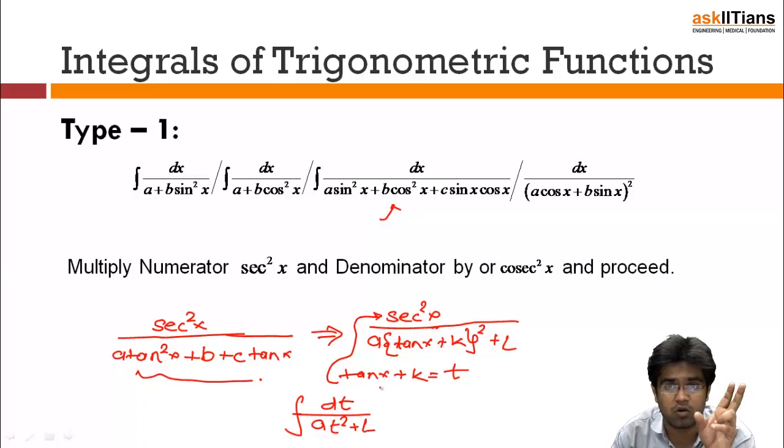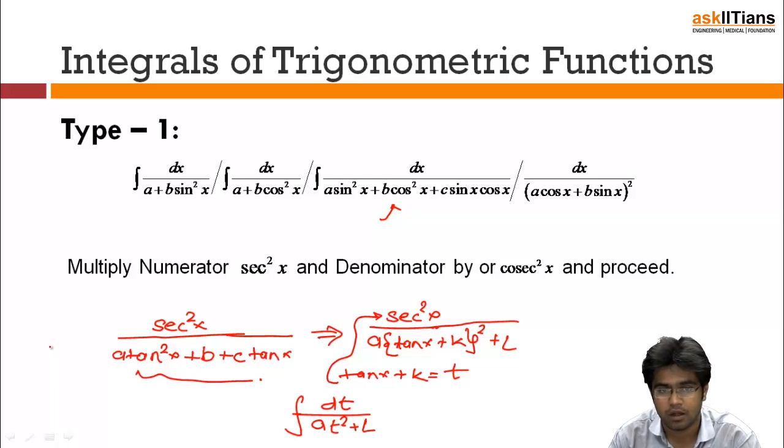So sec square will be there already because we have multiplied, and the one which you multiply in the denominator will make all the terms tan. If there is a sec square forming, then write it as 1 plus tan square. For example, if there would have been a 1 in the denominator, then write it as 1 plus tan square. Convert all the terms to tan, and then you will be straight away good to go.